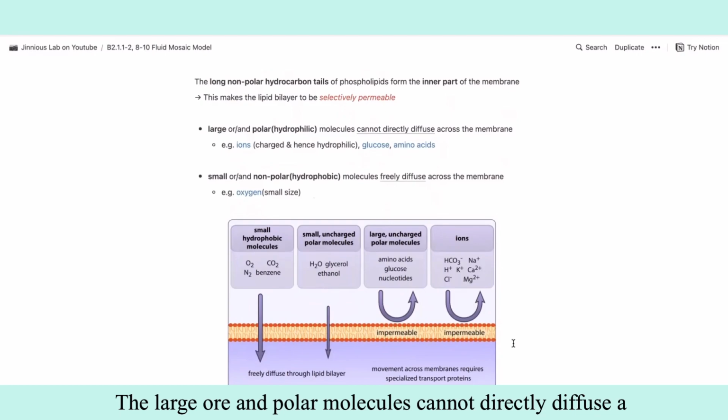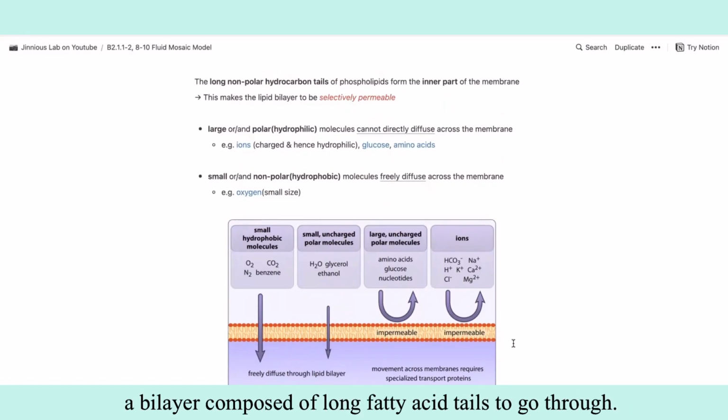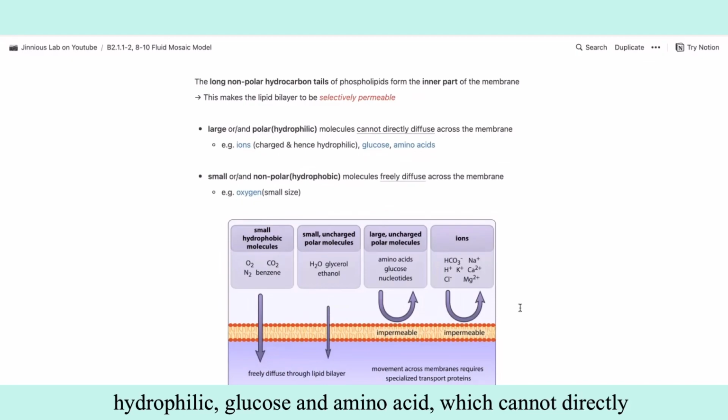So large and polar molecules cannot directly diffuse across the membrane because we have a bilayer composed of long fatty acid tails to go through. So for example, we have ions, which are charged and hence hydrophilic, glucose, and amino acids, which cannot directly diffuse